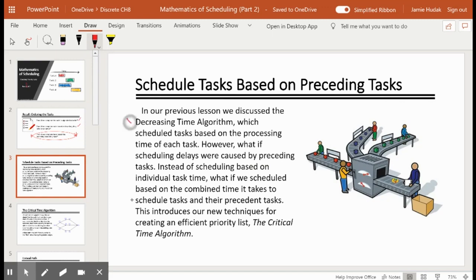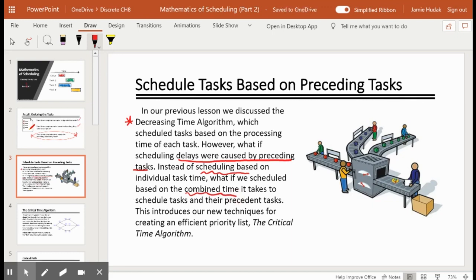As we said in the previous lesson, we talked about the decreasing time algorithm, and we created our priority list by scheduling the tasks that take the most time first, and then continuing in descending order of task times. So now we're saying, what if delays are caused by preceding tasks instead of just the longest tasks? So we say, what if we did our scheduling, instead of on individual task time, we based it on